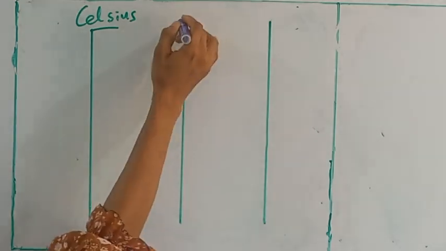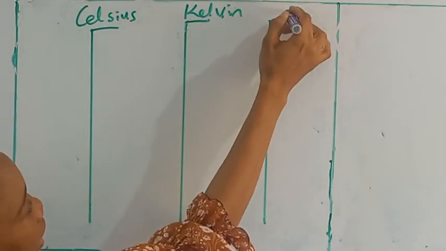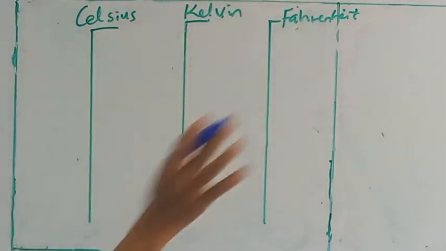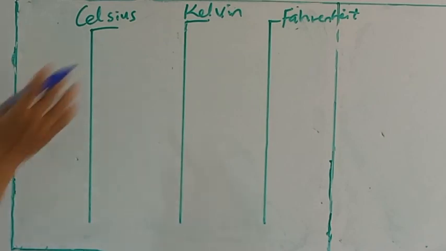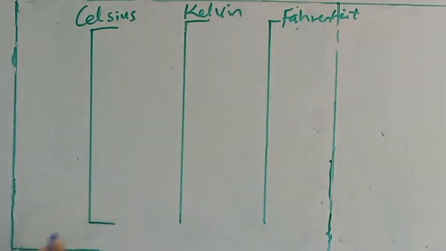Let this be Celsius, let this be Kelvin, and let this be Fahrenheit. These are the three different units for temperature: Celsius, Kelvin, and Fahrenheit. And then you have to know that we have